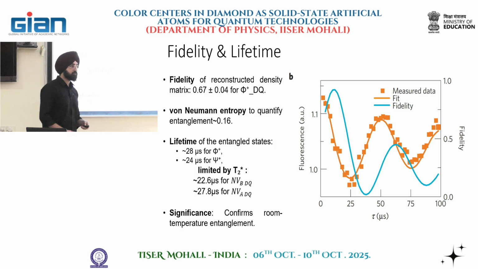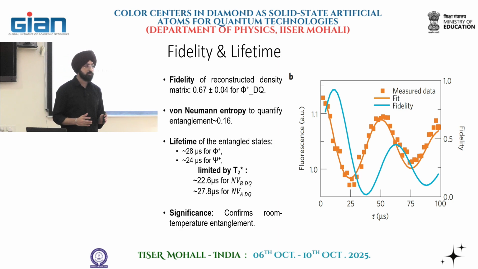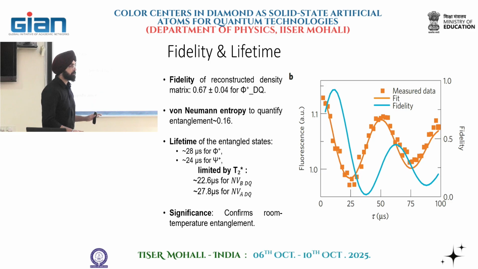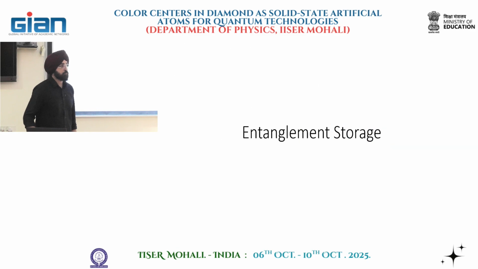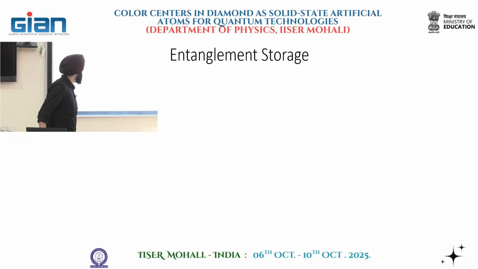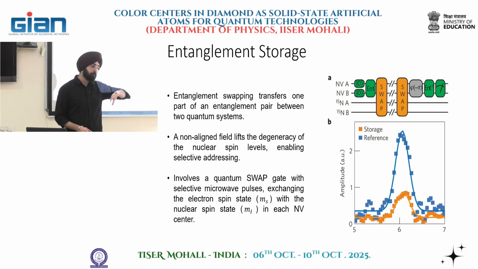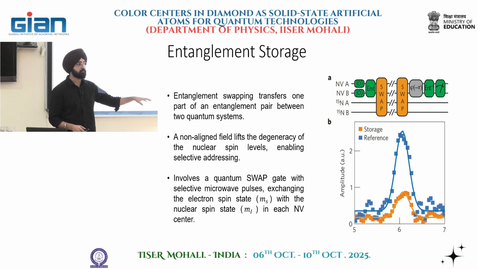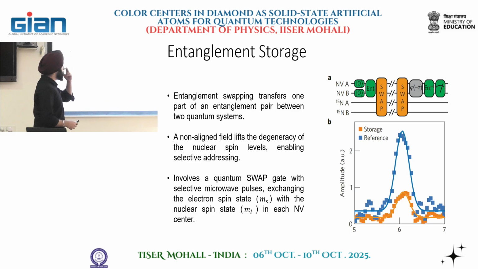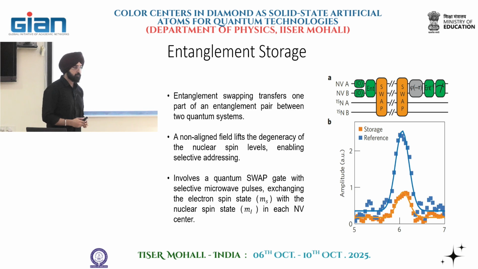So what shall be done to preserve this entanglement? If we are coming across dephasing, that will just take away our entangled state. So that can be done using entanglement storage. Entanglement storage means that we want to map part of our entangled state. So our entangled state will have 2 parts. We just take one part, and we want to map the state to somewhere else where it has a higher coherence time, less dephasing, so that it can stay for a longer time. That can be done if we work with nuclear spins instead of